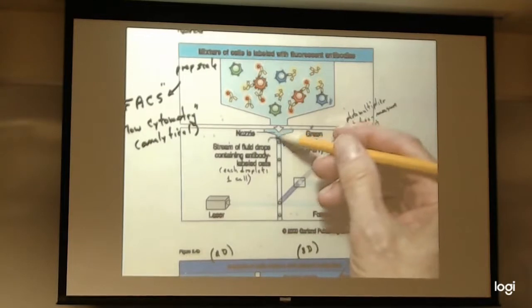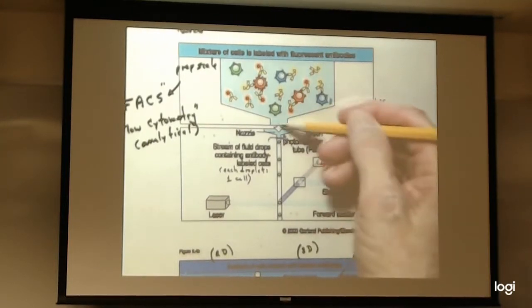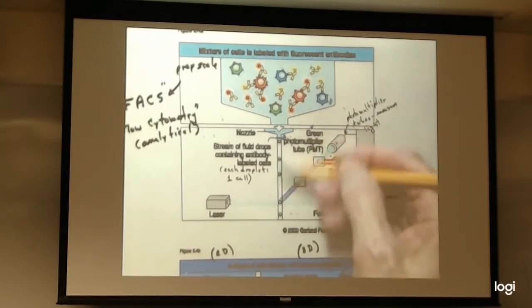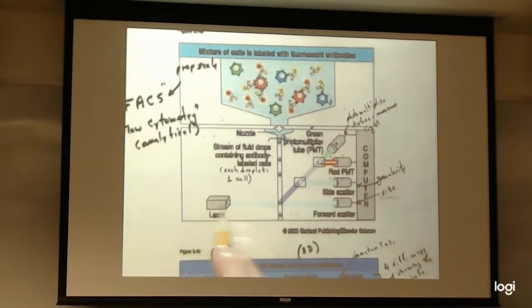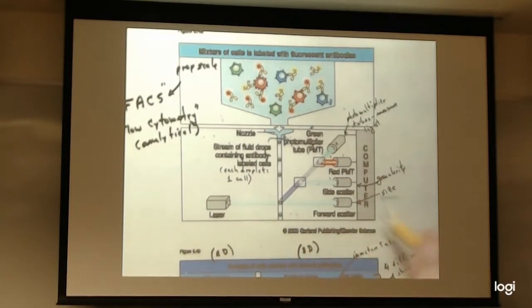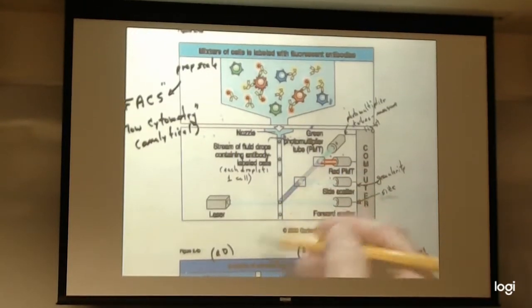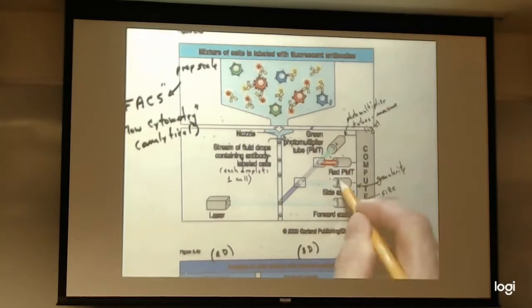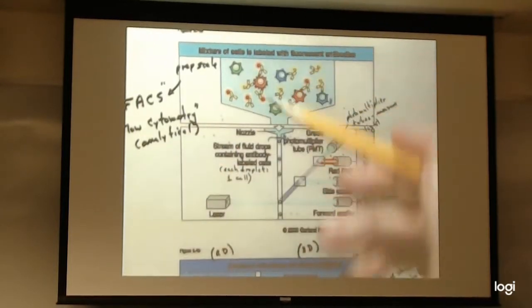The cells, little droplets here containing what's called sheath fluid, pass down this narrow diameter capillary, basically. And the laser light excites them one way or another. We see how much light passes through directly. That's forward scatter. That's a measure of size. Light that is scattered off to the side is a measure of the granularity of the cells. And then we can also measure the red or green fluorescence or whatever other colors we have in our